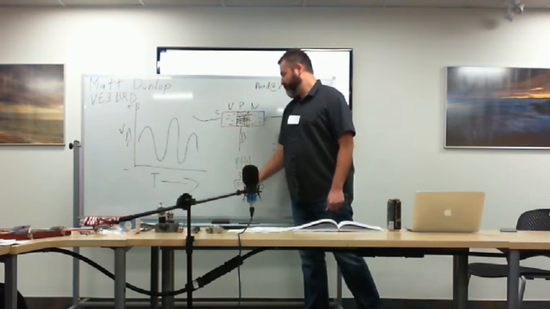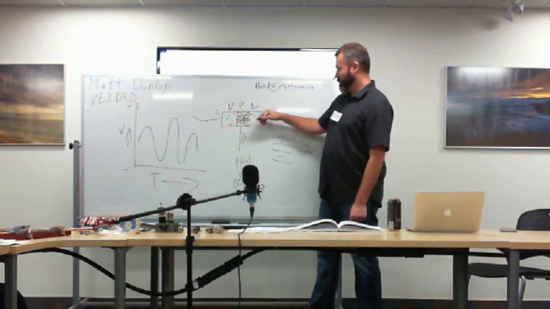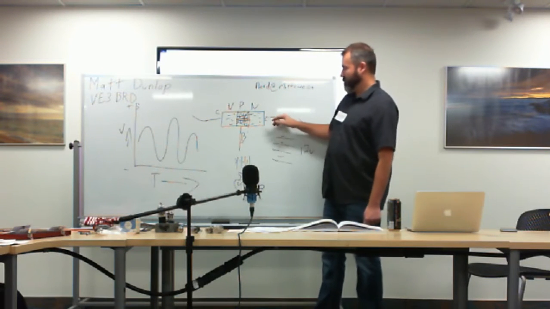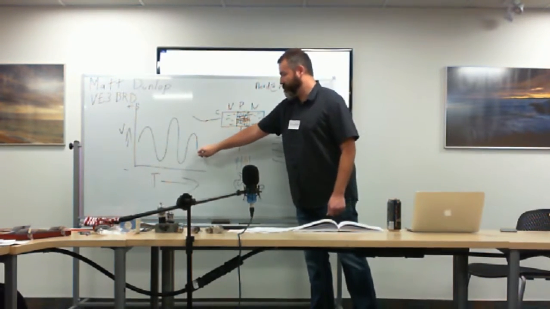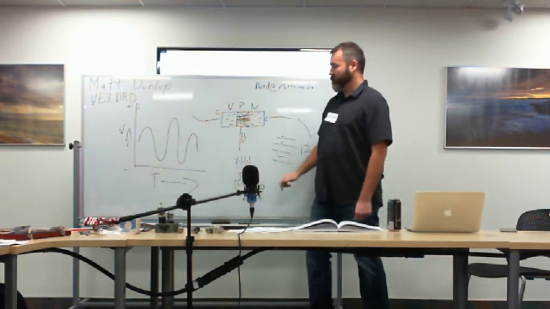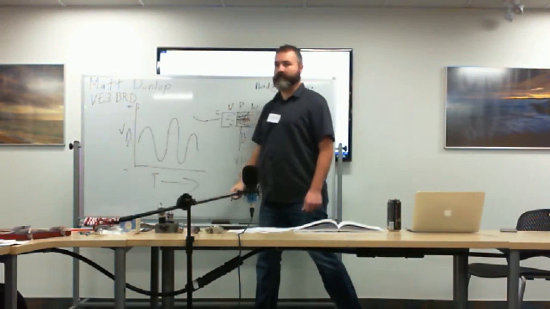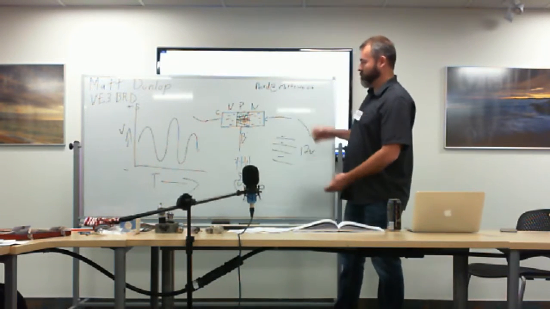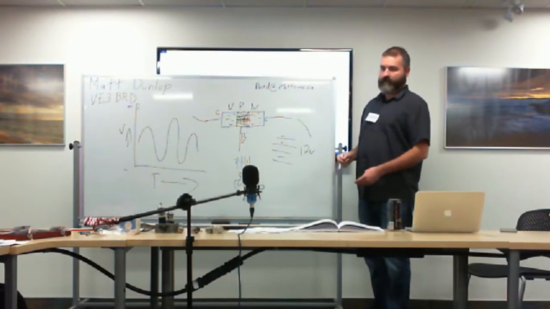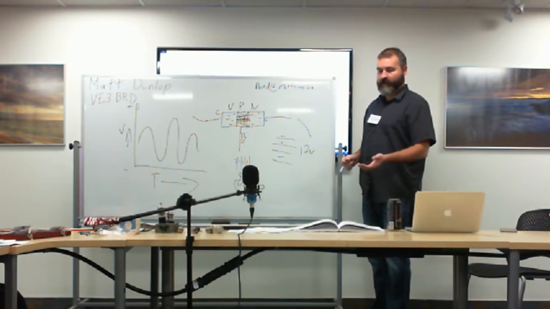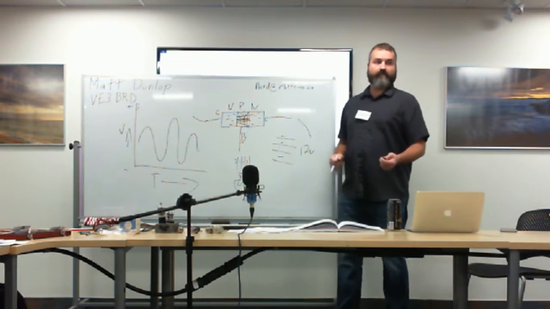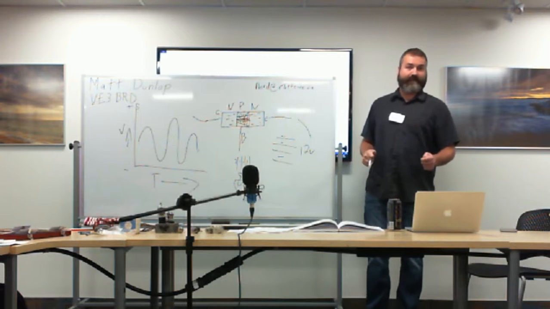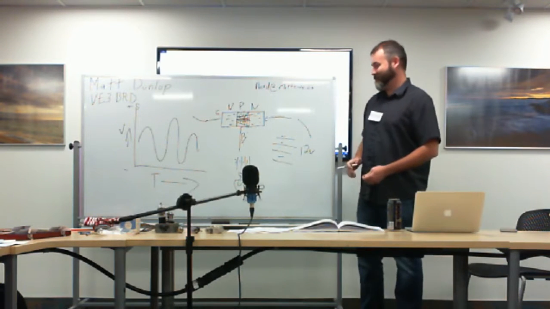So if we have a waveform, and as it's fluctuating, as it's going up, it's going to allow more of the 12 volts across, and it's going to match this waveform, but instead of being based on 5 volts, it's now going to be 12 volts. So it'll be much larger, much more powerful. That's how we use transistors to create gain. Any questions? Make sense?